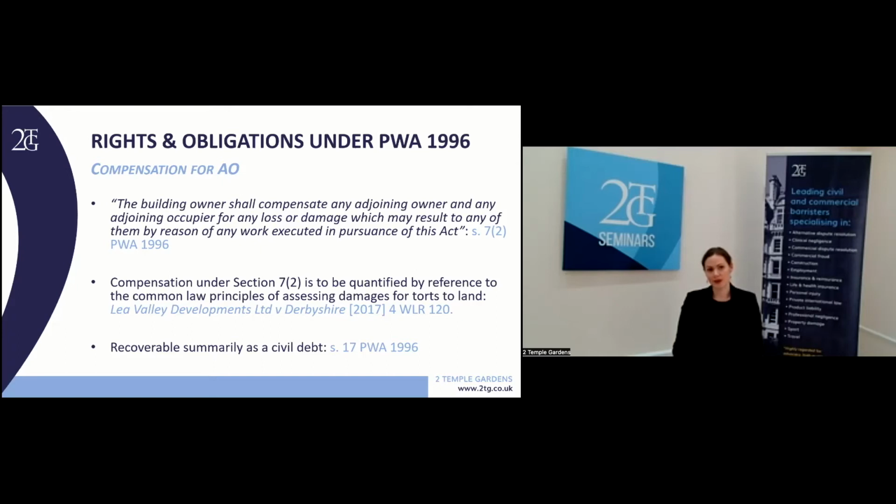But they may also be asked to contribute where they haven't asked for anything to be done. For example, if the works are only necessary because the party wall is in such a state of disrepair, and the adjoining owner is partially or even entirely responsible for it getting into that state, then they will be obligated to pay a proportion and potentially the whole of the costs of sorting it out. So it's not a case of rights one way and payments the other. There can be a complex network of payments and accounting between the parties.